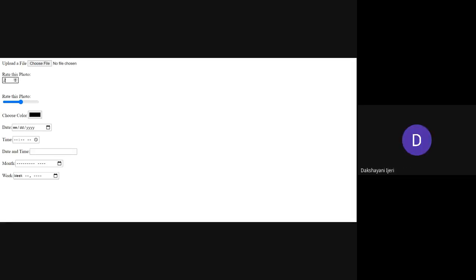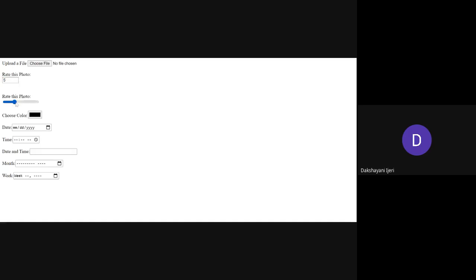So this is the result of what kind of input? Input type is equal to what should we give here? Just now I discussed, right? So input type is equal to number. So if you create the input element with the type value as number, you will be able to create this kind of input to be read from the user, where you can restrict it with a particular range, that is with the min and the max value, that is the range the user can enter as a value here. Here instead of typing, the user can simply increase or decrease the values, right?